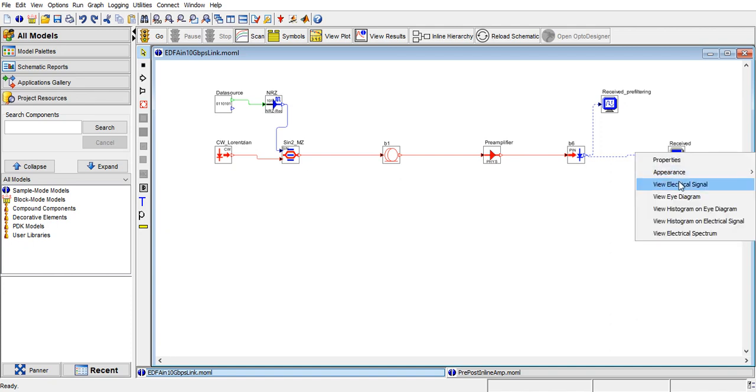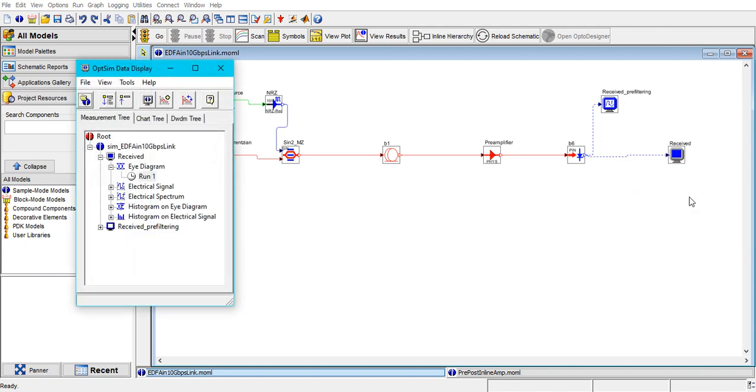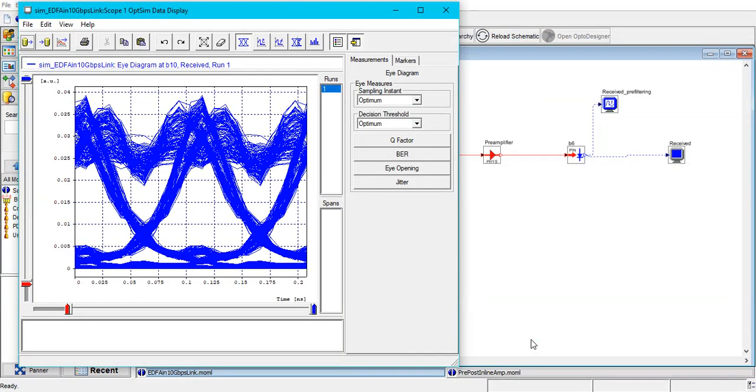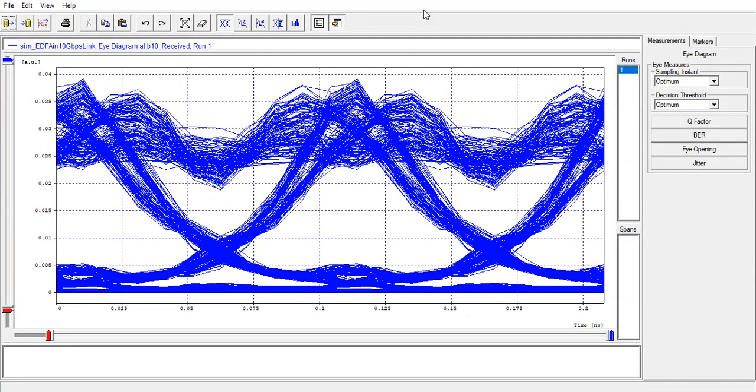Now, the way by which a digital signal in the optical domain is most commonly measured is what is known as the eye diagram. Why is the name eye diagram? Because it resembles an eye. This resembles the upper lid of an eye, and this resembles the lower lid of the eye. The wider the eye is open, the better the system, and it indicates better performance. Moreover, these crossing points have to be as narrow as possible, which signifies that all the bits are clocked synchronously.